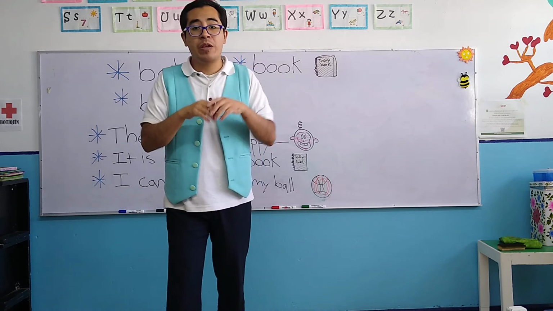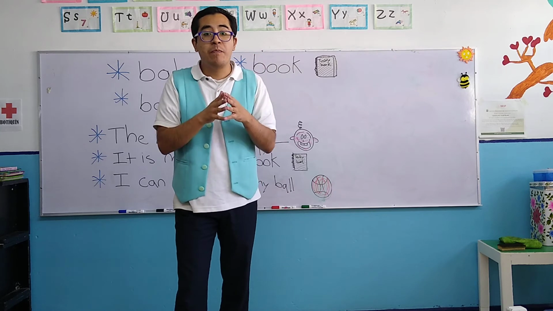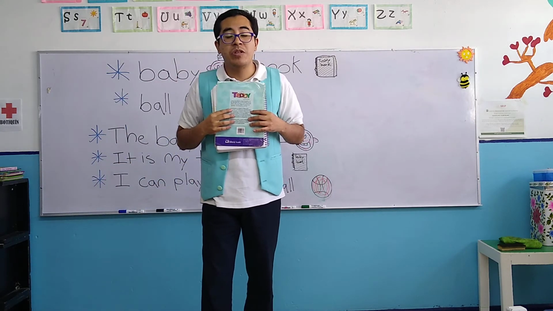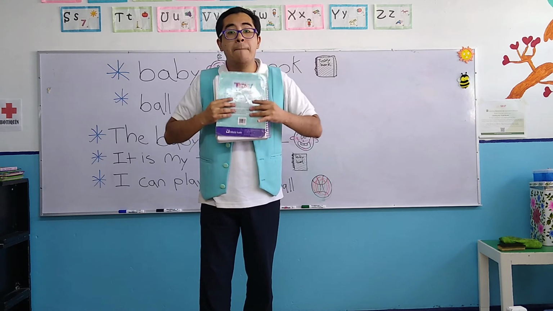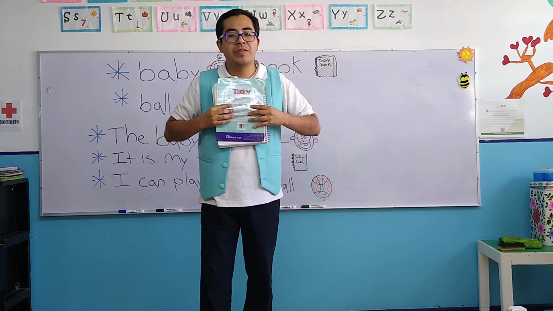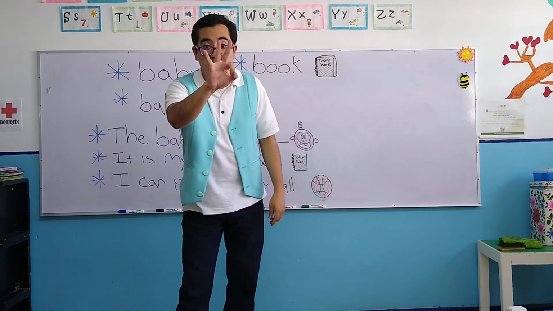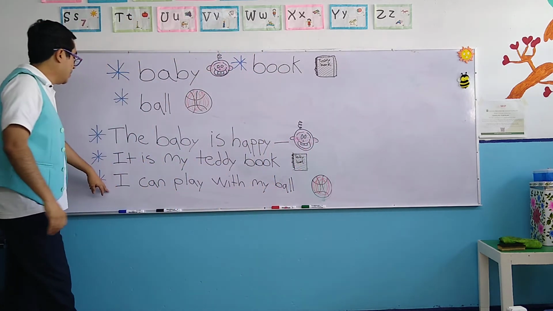Okay? Remember that in your house, all of you have your personal objects. Okay? In this case, this book belongs to the teacher. It is my teddy book. Es mi libro. Okay? Very good. Let's concentrate on the number 3, the third sentence. It says,